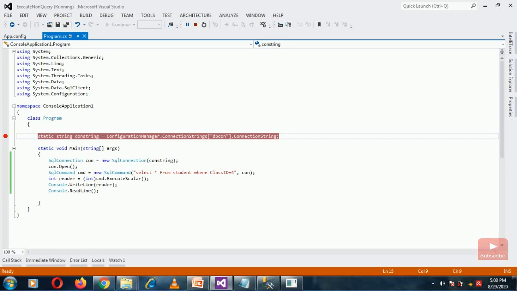And the SQL command is a part of ADO.NET. We will discuss ADO.NET in the next video, and the main parts of ADO.NET are connection, command, data adapter, data set, and data reader.